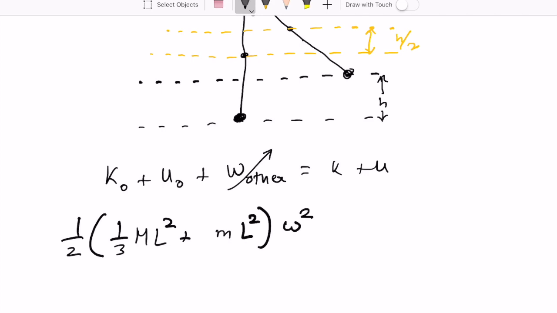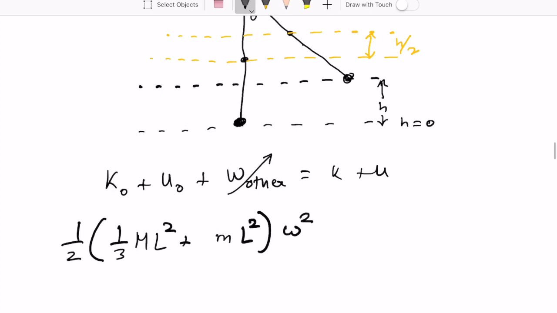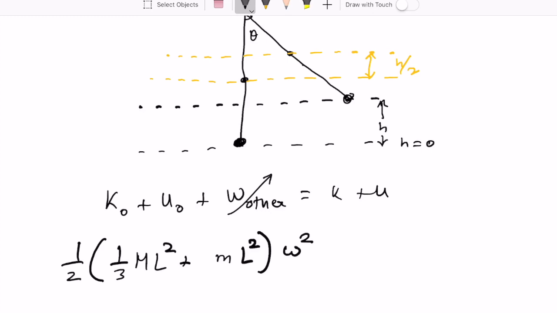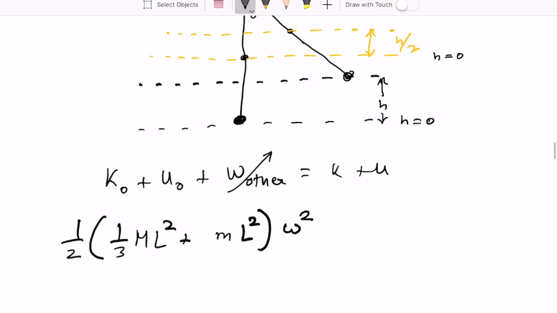And let's calculate the potential energy of both the masses separately. We're going to take h equals 0 over here for the putty, and we're going to take little h equal to 0 over here for the center of mass of the rod, right? So both of these masses were at the zero position of height, so they didn't have any potential energy to start with. Okay,